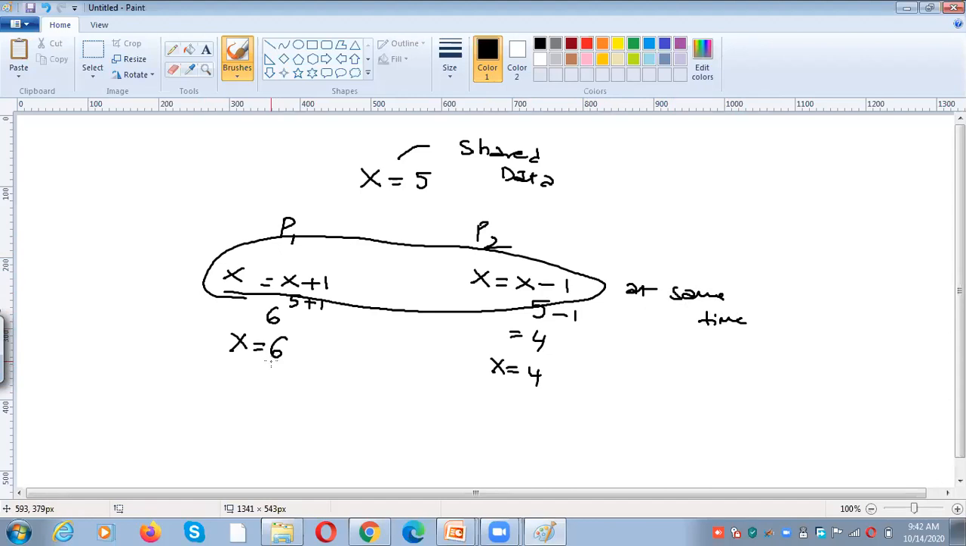So there is an inconsistency. So what is inconsistency? If it is shared data, the value of x needs to be the same at all times. So what is the problem with inconsistency? You need to understand. If you go for any real-time example,